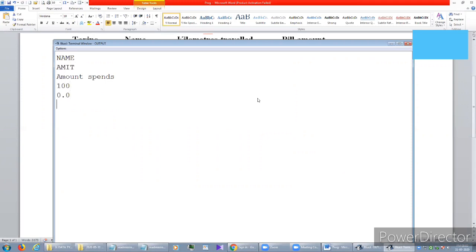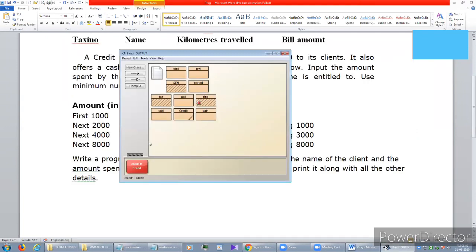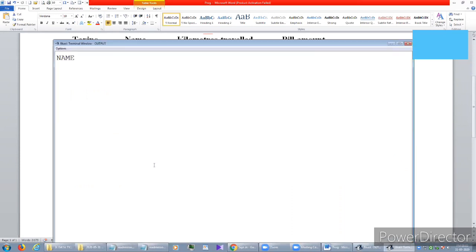100 rupees, see the CV is printed there and CV is 0.0, because as per the condition I told, if I give less than 1,000, even if you give 999 also you will get 0. But if you give 1,000 you will get cashback. Let's see, if I give the name and amount 31200, what is the cashback amount? 304.